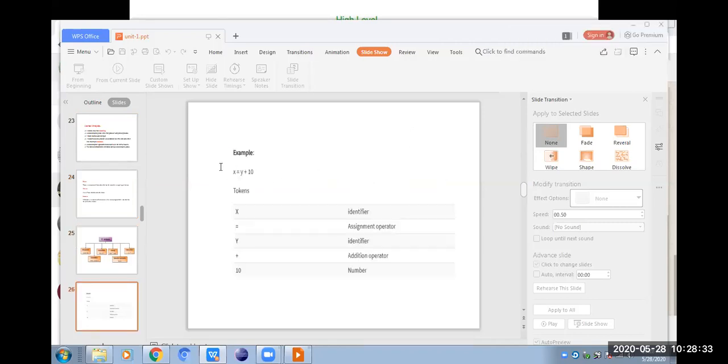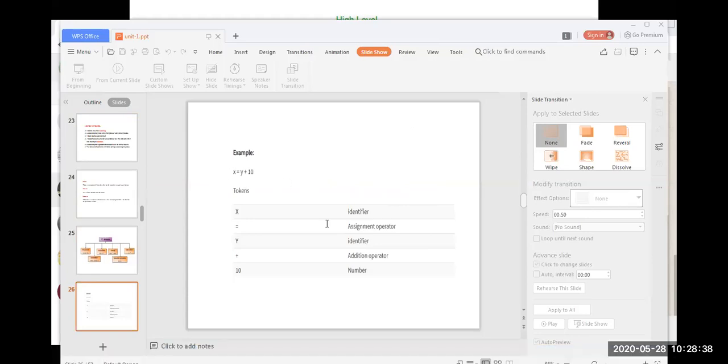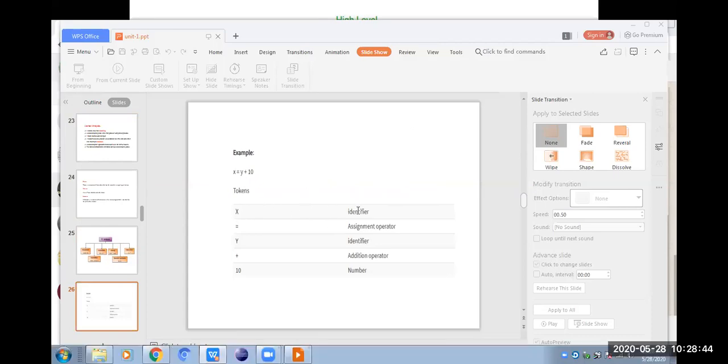Say, for example, there is a line in the program like this: x = y + 10. If there is a line in your program like this, what will lexical analysis do? It will identify x as an identifier, it will categorize. = as assignment operator, y as identifier, + as addition operator, 10 as integer constant. Like that, it will classify the lexemes into tokens. It will try to identify the set of lexemes which are matching to the tokens of the language. Did you get the point, guys?